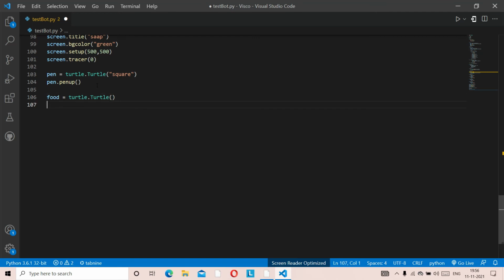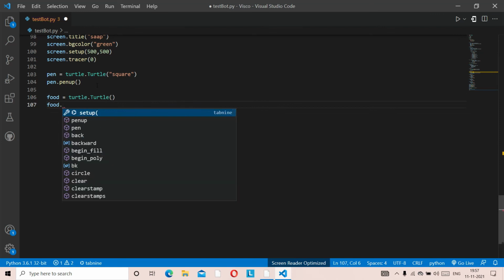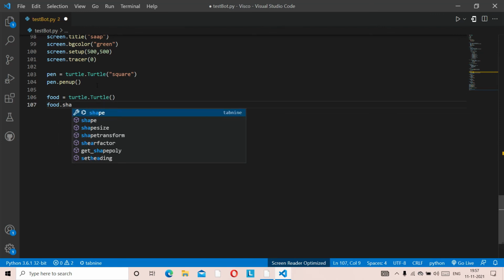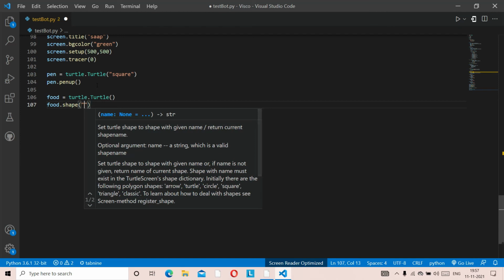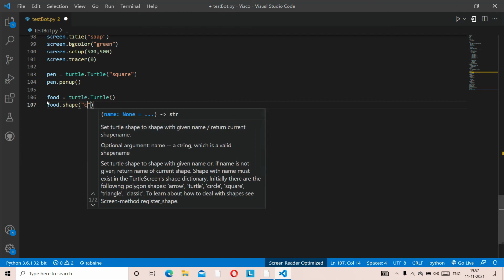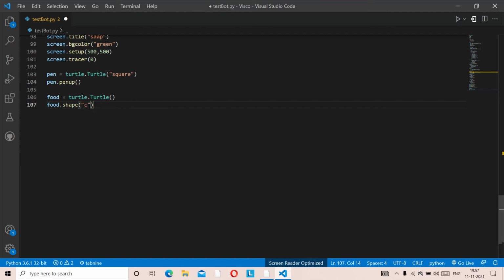Fine. Now once this is done, you're going to click enter and then put foot and give shape. So I'll give it circle. You can even put square if you want, but keep it as circle because in the snake game it's always circle. So I'll put in the colons, circle. Let me just remove this, or this dumb thing keeps on coming. Circle,